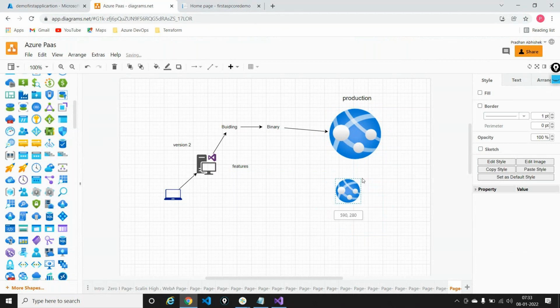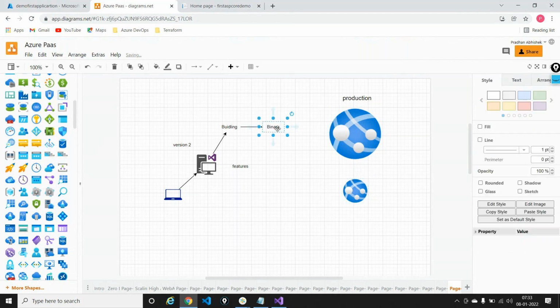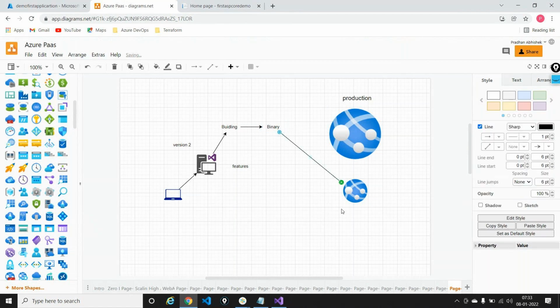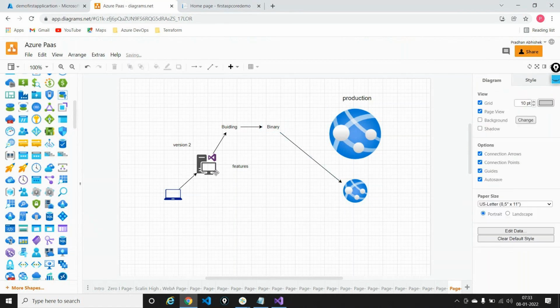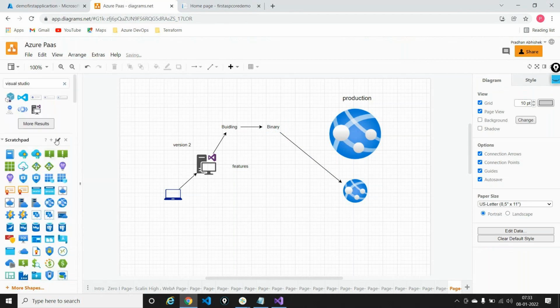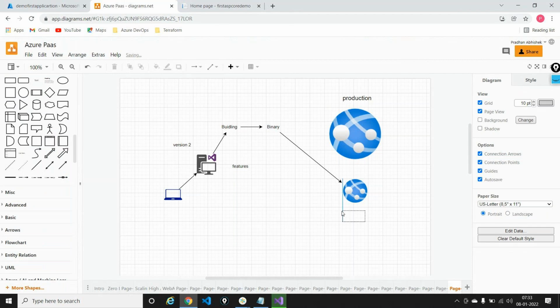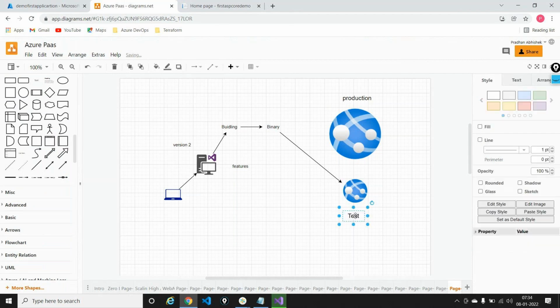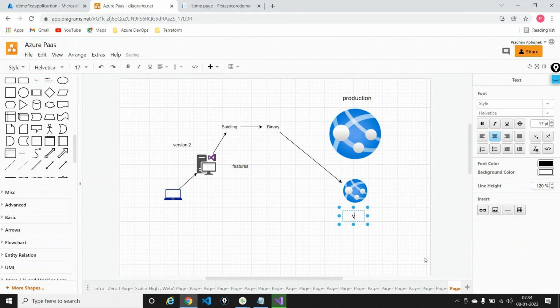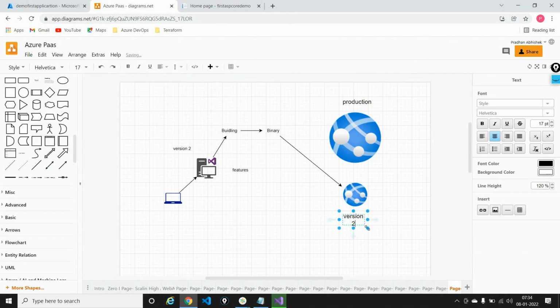So right now I am not targeting my main application. I am rather targeting the slot that is running on Azure. And the slot will now have version 2, because I have developed my version 2 code and I now want to take it to the slot that is running on Azure.